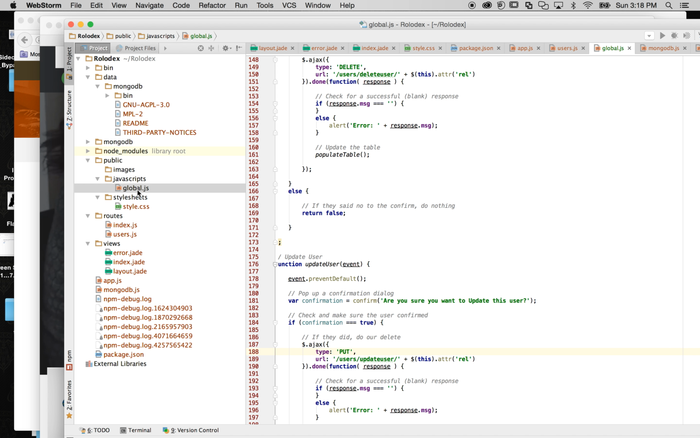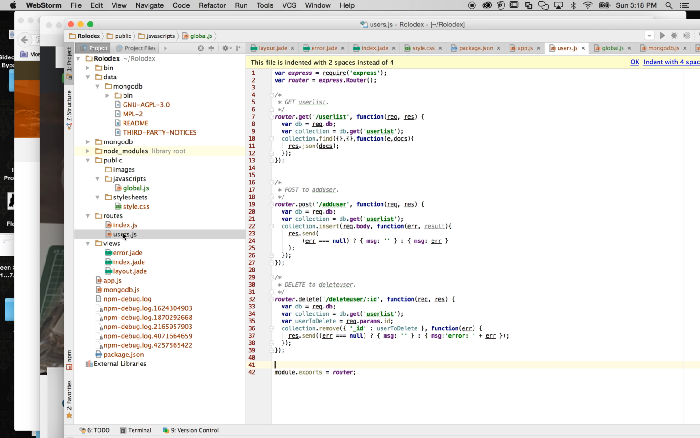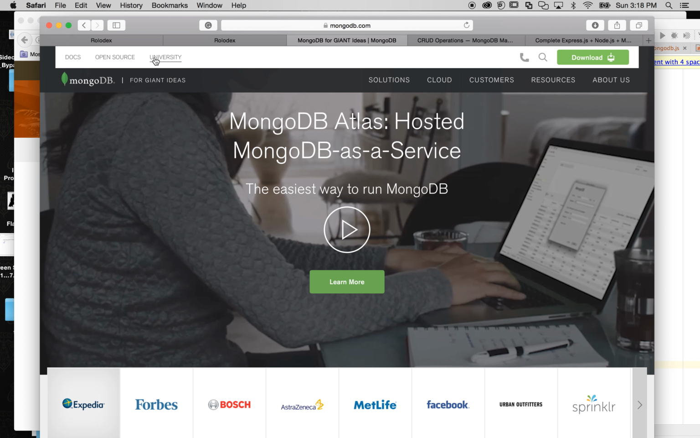And then we went to the global JS. We made changes in the index.jade, and then the user JS. So this is where I put my user list, my add user, and then my delete. And I will go ahead and put a route for my update, and that's going to actually be the put type. As I went into the document in Mongo to see actually